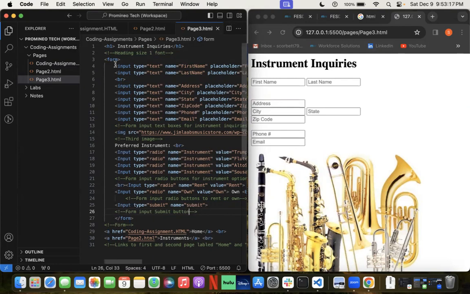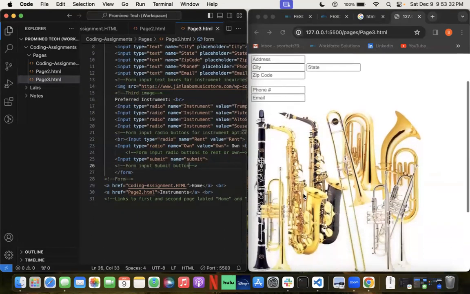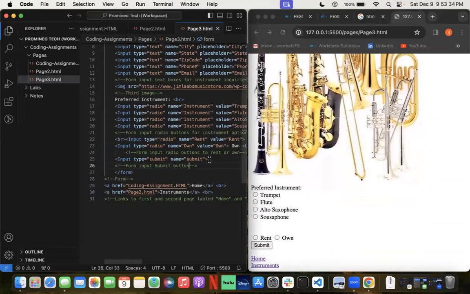So we have text boxes. So first name, last name, address, phone number, email. And then below that, here we have our third image, which is more instruments. And then below the third image,